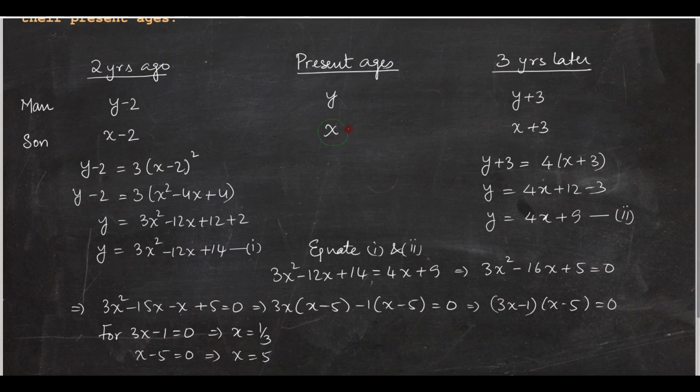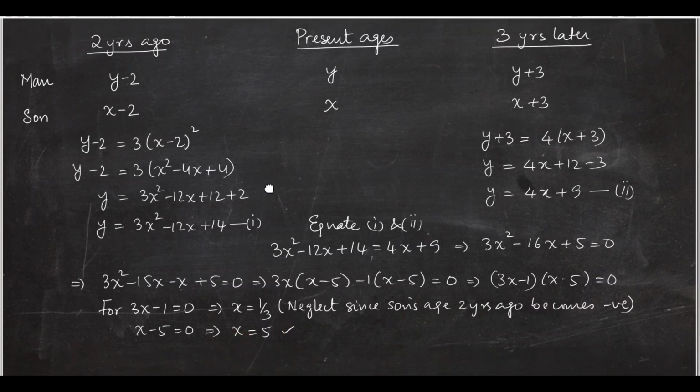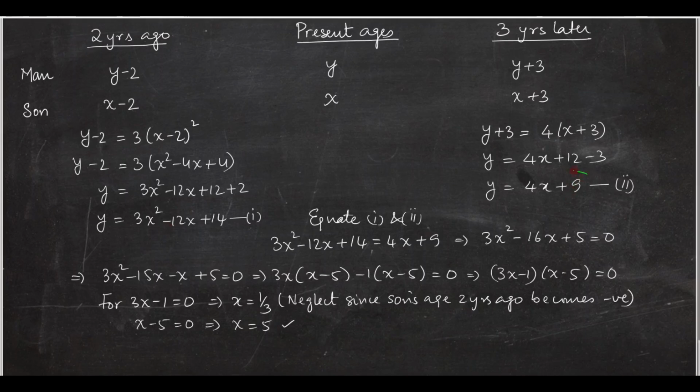So if you assume the son's age is 1/3 of a year, which is a month's baby, 2 years back the age of the son will become negative, so it doesn't make sense, right? So we have to neglect this. So we write neglect, since son's age 2 years ago becomes negative, therefore the son's present age is 5 years,